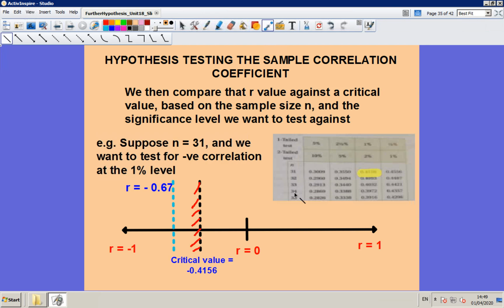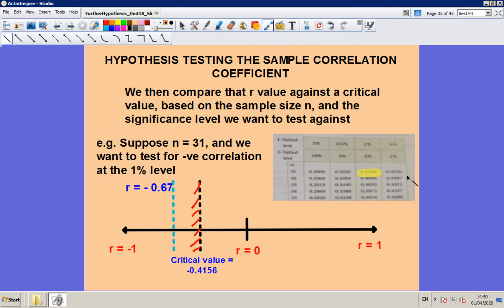given a particular sample size, so this is our sample size n down here, for you to have evidence of correlation, then we need to have an R value of 0.3009 if we're looking for confidence at the 5% level, 0.355 if we're looking for confidence at the 2.5% level, 0.4105 if we're looking for confidence at the 1% level, and if we're looking for confidence at the 0.5% level, we're looking for